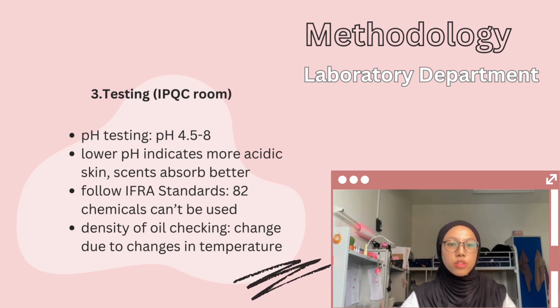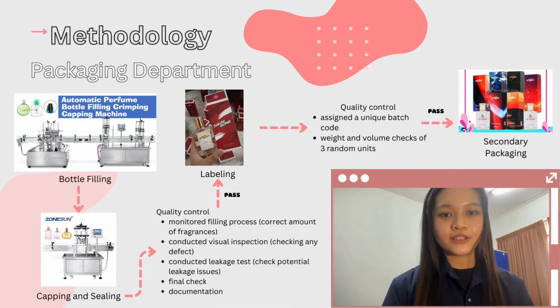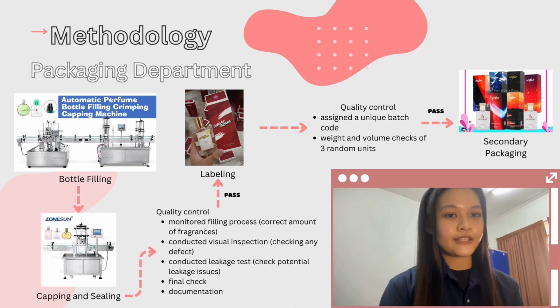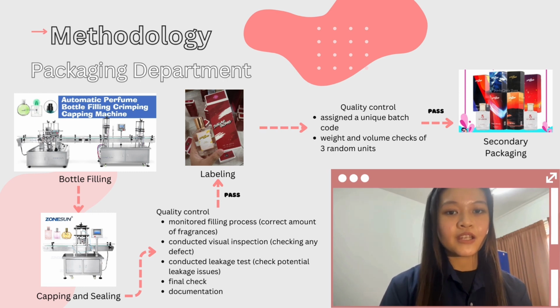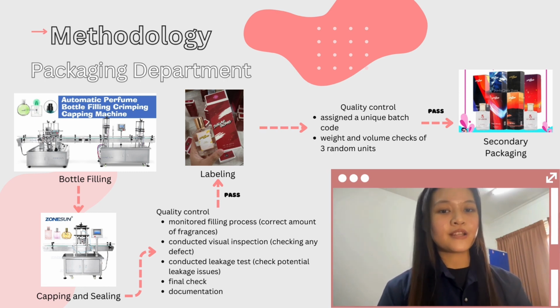In order to produce good quality perfumes, it is required to follow the IFRA standards that promote the safe use of fragrance ingredients. Next is the packaging process. It begins with the filling of perfume bottles using automated filling systems. These systems ensure accurate dispensation of perfume into bottles of various shapes and sizes, catering to diverse market demands and